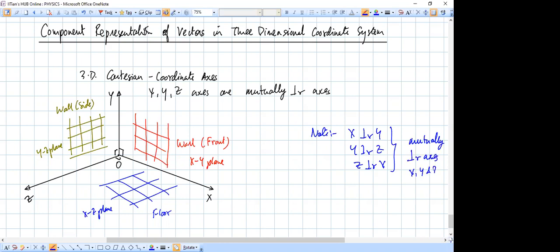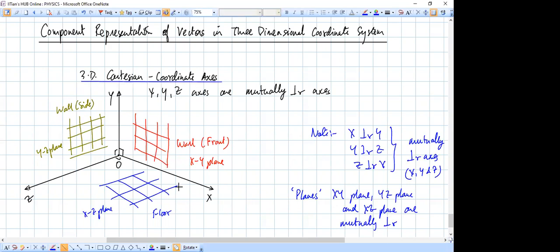X, Y, and Z. Okay, and also the planes, XY plane, YZ plane, and XZ plane, are mutually perpendicular. So that kind of system is what we call a three-dimensional Cartesian coordinate system. So this is one way to visualize it. This is a two-dimensional diagram, but we are just trying to visualize a three-dimensional space. Yes, Tej, the K-cap will also come, we'll see soon. Just try and visualize this and note this down.